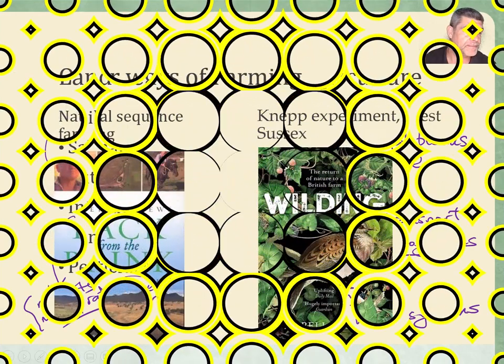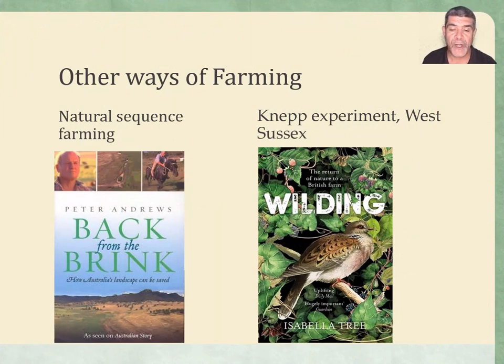and whether or not there are better ways of doing things. And of course, there always are two books which I've read recently that I really quite enjoyed. One, which is the Australian situation. So Peter Andrews, he was actually featured on Australian Story some time ago, and his natural sequence farming processes really do look at restoring particularly the water into areas of agriculture just by thinking more smart, more cleverly about where the water is under the surface and creating natural channels for it to remain